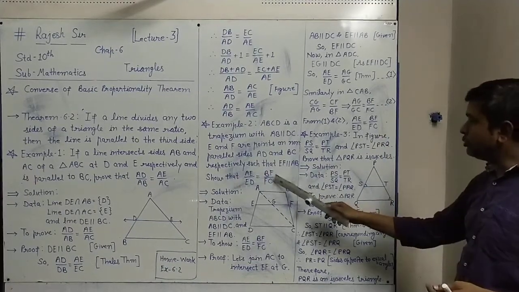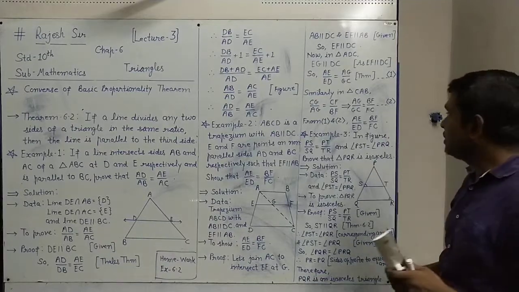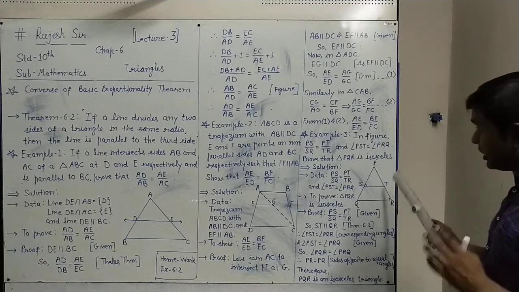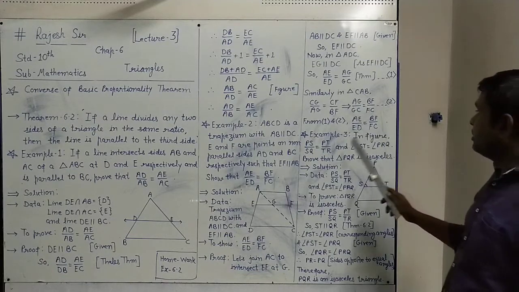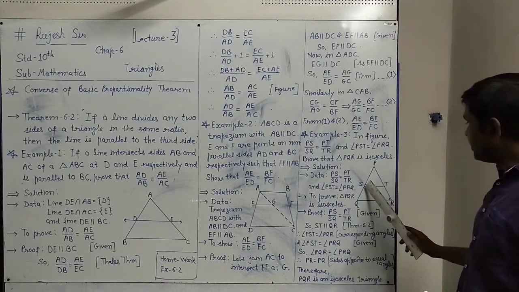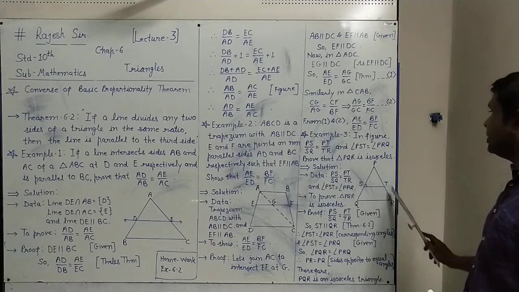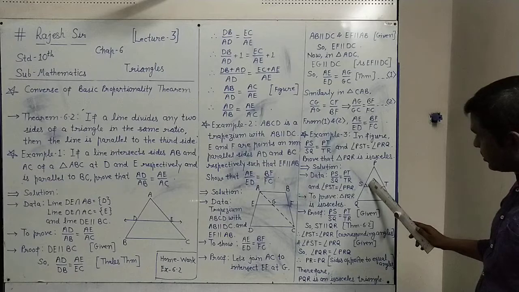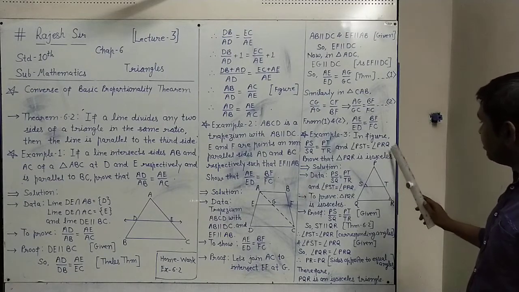And that we wanted to do. See, example 3 now we have. In the figure, this is the figure given actually in the question: PS upon SQ equals PT upon TR. This is also given, and angle PST, meaning this angle which is shown here,